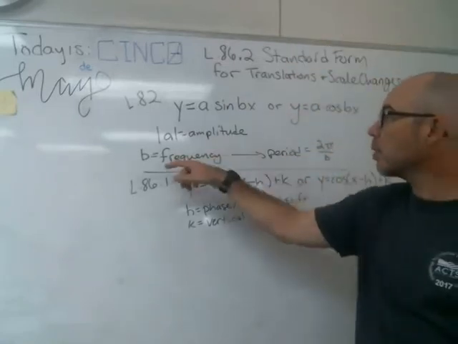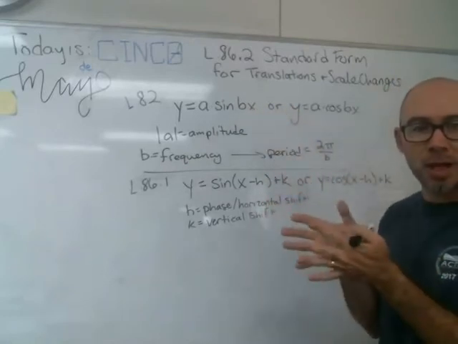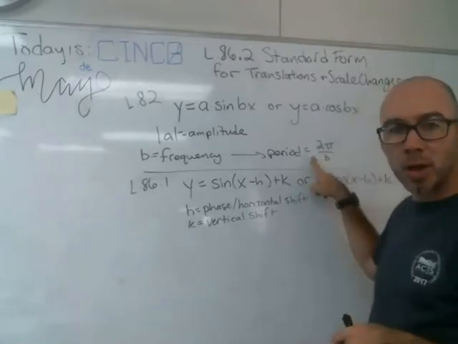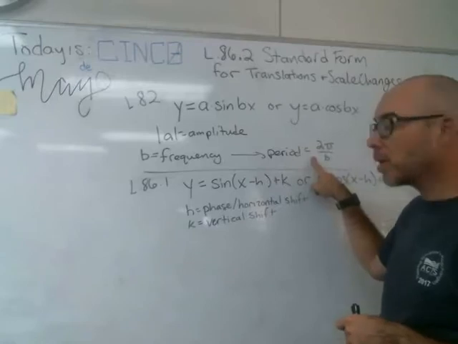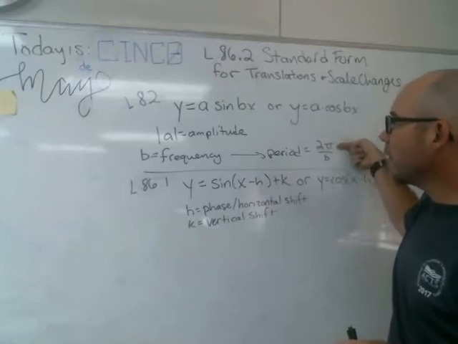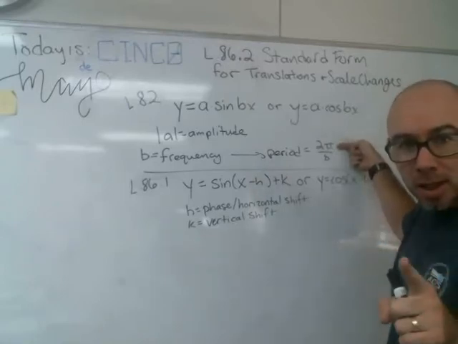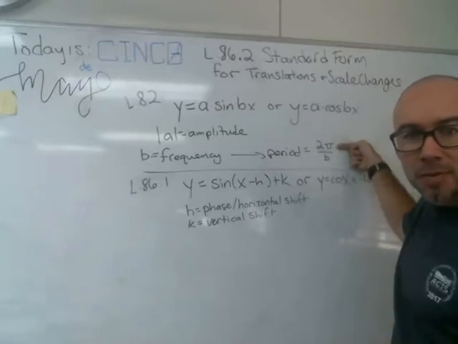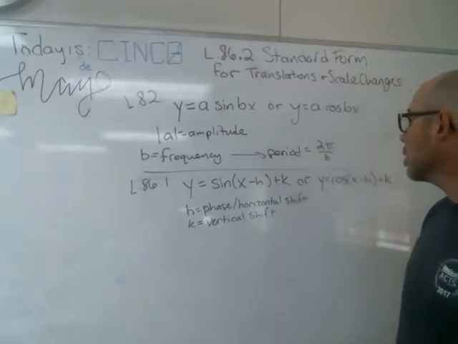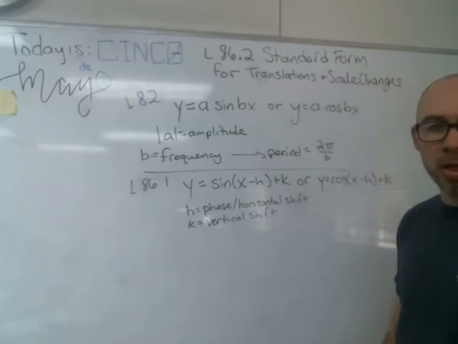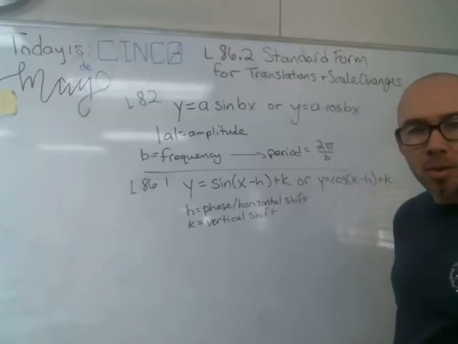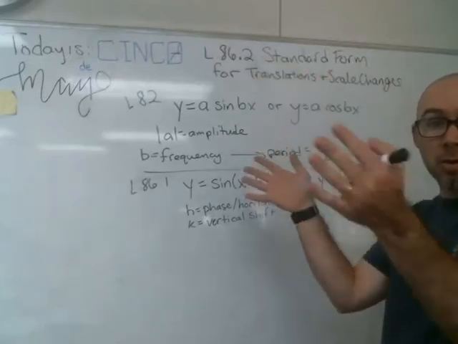And then we can tweak the frequency. If this goes to 3x, we know we get 3 times as many waves in 2 pi radians. Or if we want to translate it as what is the period, how long is one wavelength, we can go 2 pi, which is the standard length of a wave for sines and cosines. Now hear me, sines and cosines is different for tangent, but then just divided by that frequency. So what if b was 2? Then we have that the period is only pi radians. You get 2 waves in 2 pi radians. That was lesson 82, where we dealt with those two aspects, vertical and horizontal